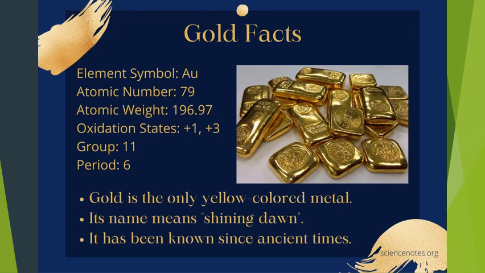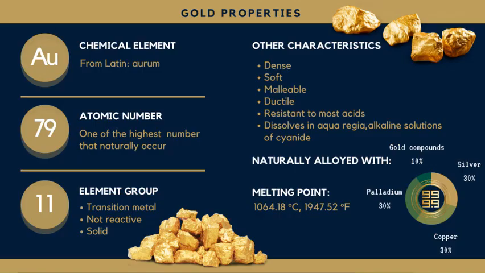It has been known since ancient time. Actually the first discovered metal was copper. After that the other metals were discovered, but the first metal was copper, not gold, which is also an ancient time discovery. Gold properties: aurum, atomic number 79, element group transition metal, not reactive,